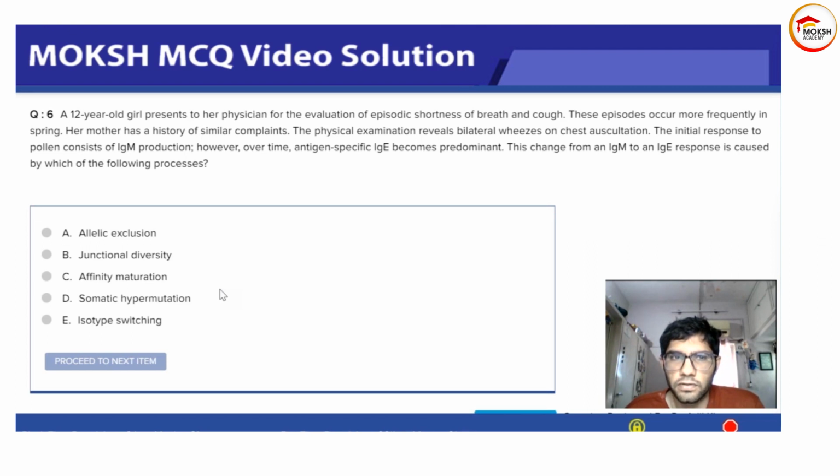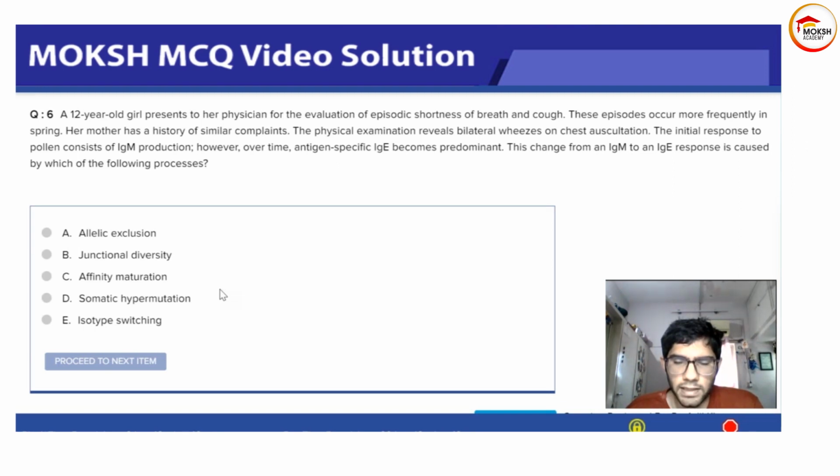The initial response to pollen consists of IgM production. However, over time, antigen-specific IgE becomes predominant. This change from an IgM to an IgE response is caused by which of the following processes? So the question is asking you which is the process of conversion of IgM to IgE. Your options are option A, allelic exclusion, option B, junctional diversity, option C, affinity maturation, option D, somatic hypermutation, option